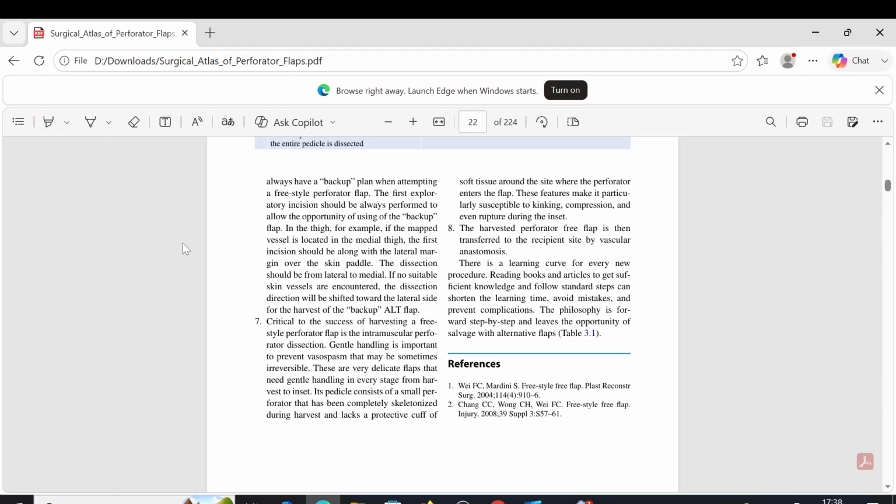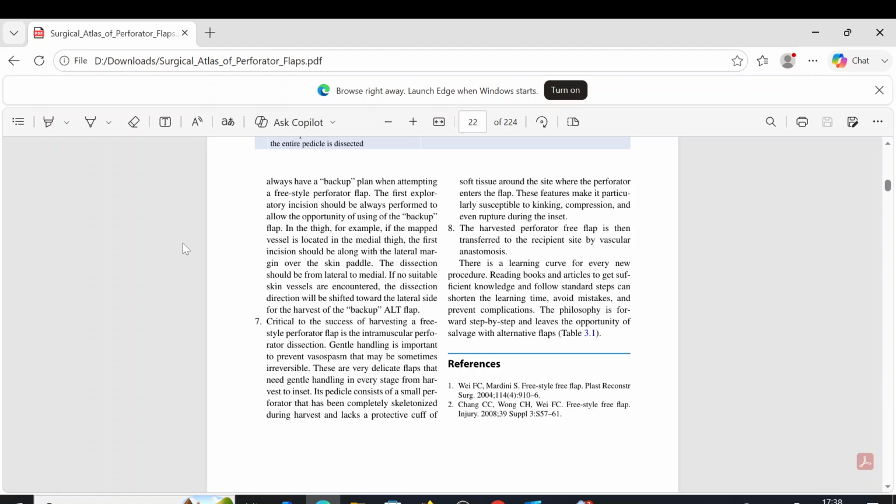Critical to the success of harvesting a freestyle perforator flap is the intramuscular perforator dissection. Gentle handling is important to prevent vasospasm that may sometimes be irreversible. These are very delicate flaps that need gentle handling in every stage from harvest to inset.